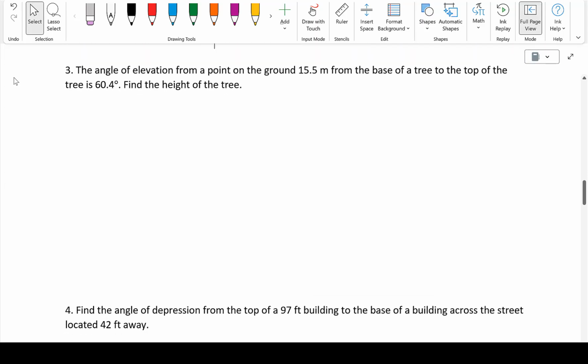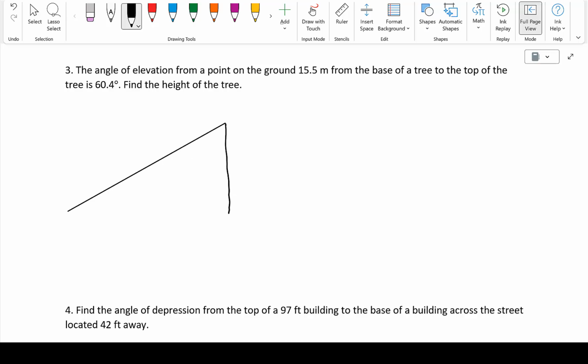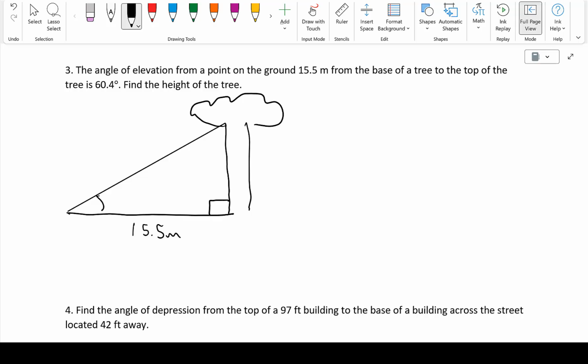For number 3, we've got the angle of elevation from a point on the ground 15.5 meters from the base of a tree to the top of the tree is 60.4 degrees. We want to find the height of the tree. So we can look up. Ooh, that was a nice line, but we can look up to a tree. I'll make this my tree. Awesome tree. This is our angle of elevation, right? The ground is helping us make that horizontal. So we've got a right angle, the tree coming down vertically to the ground. The distance from the base of the tree, we were given 15.5 meters. And the angle of elevation was